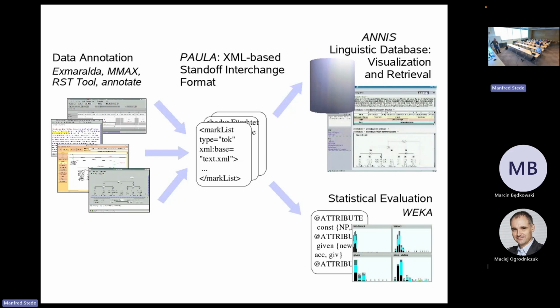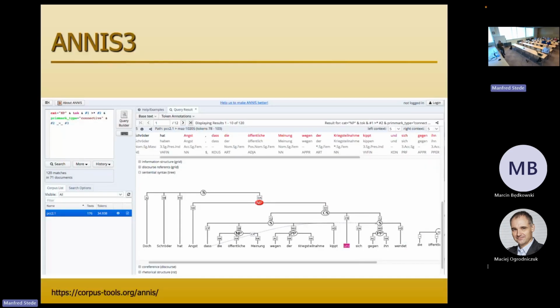That's the good news. So around 2008, I believe, we proposed this interchange format called POLA, the Potsdamer Austausch format for linguistic annotation, which is an XML that tries to capture, actually it achieves it, the commonalities of the XMLs that we get from the tools, put it all together. And on this level, we could do some statistical evaluation. At the time, we used Weka a lot, or we can throw everything into this linguistic database. And if we do it, then it looks like this.